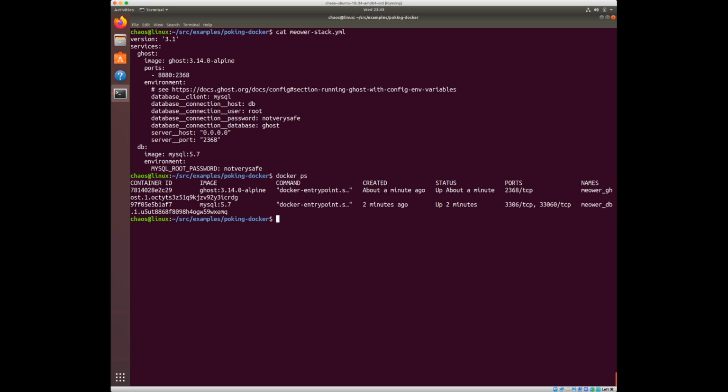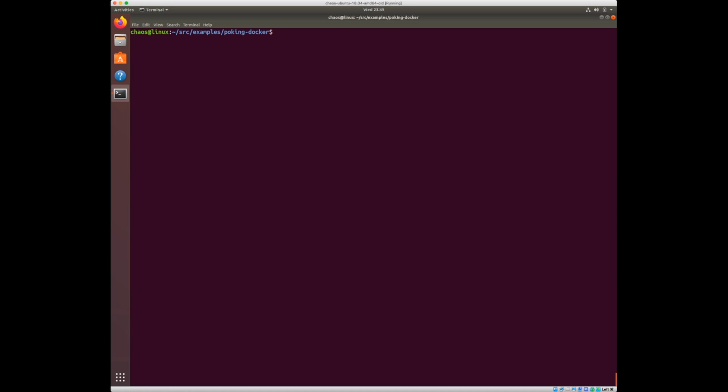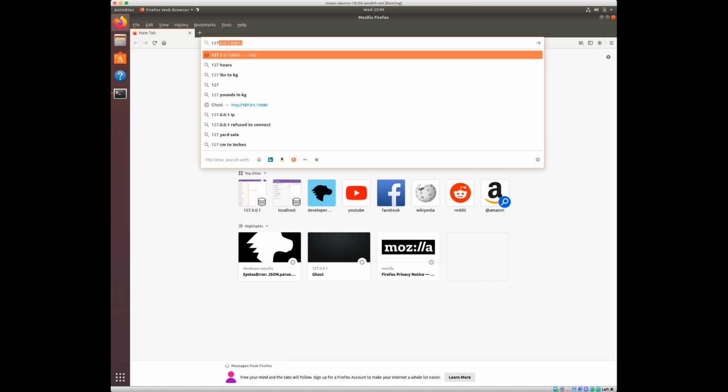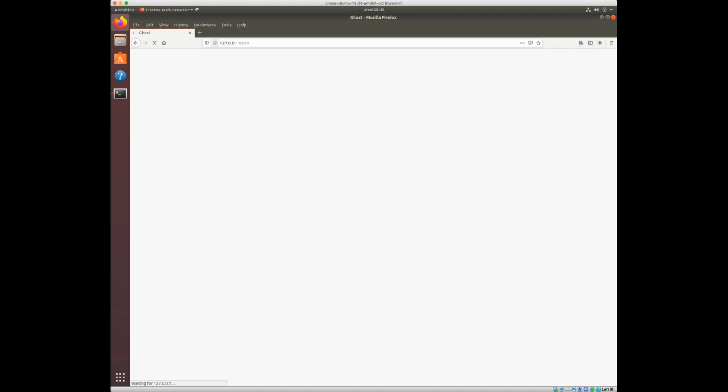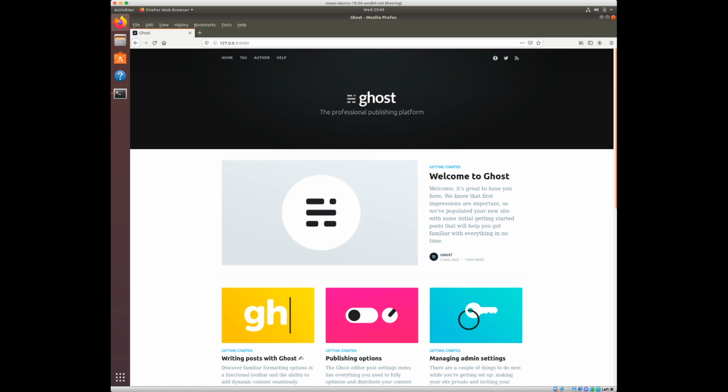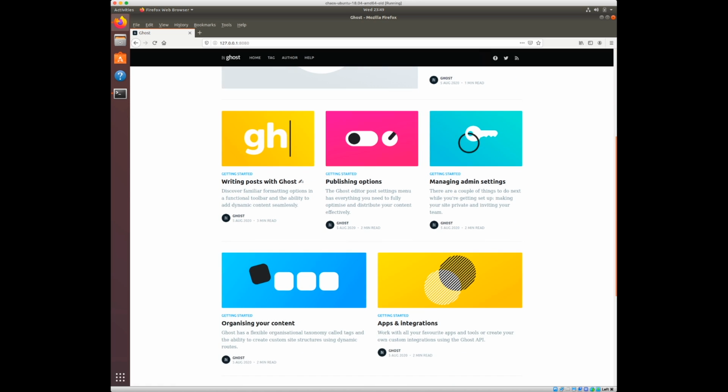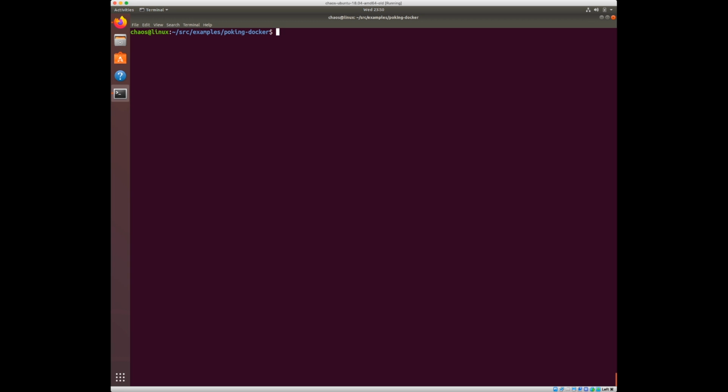So first thing we should do is actually verify that this thing is working. So we should be able to go to 127.0.0.1 on port 8080, and we should be seeing the application. And boom, looks like it's actually working. Okay, so this is great. We get something, but what we actually care about is some kind of SLI, some kind of metric that we care about and we want to make sure that we satisfy, because that's how we do as SREs.